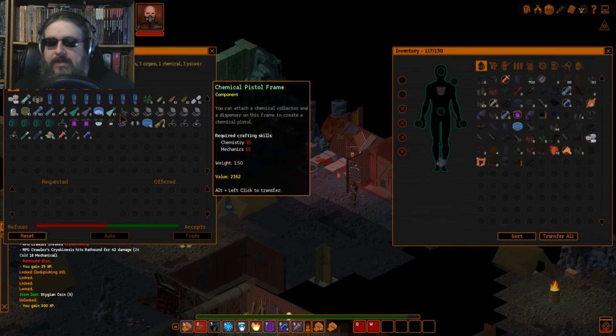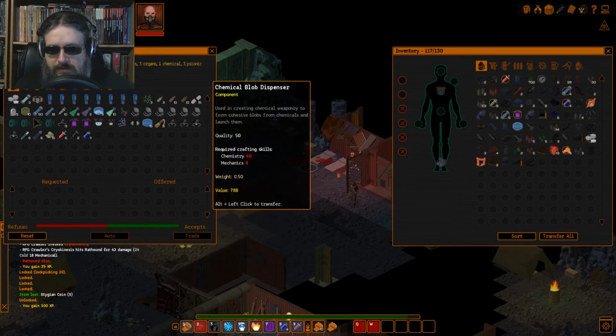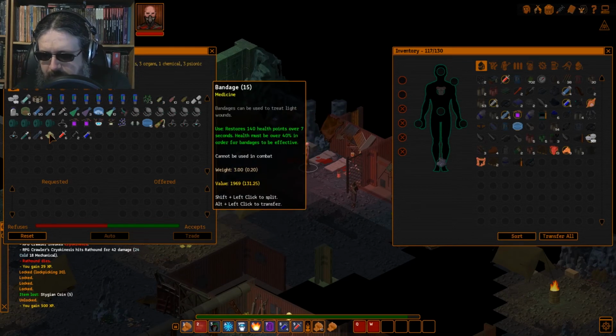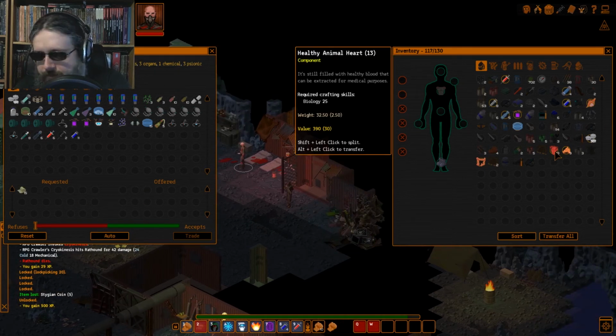ask about medical supplies. I already got extract humor. Don't need any of those blueprints. I think that's going to be it. Oh, wait a minute now here. Let's see, does he have any bandages? He wants 6 organs. So...